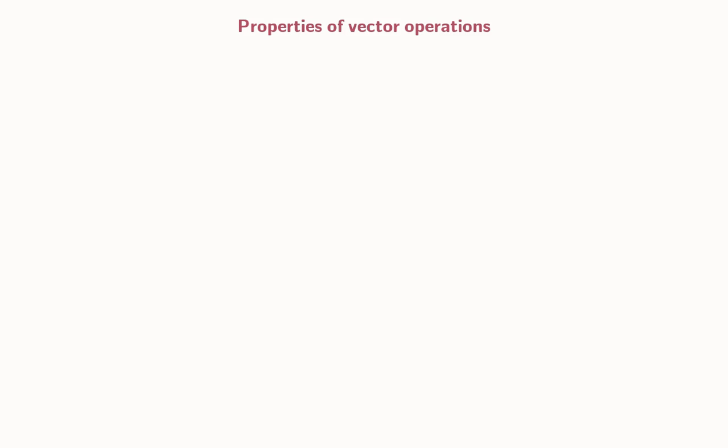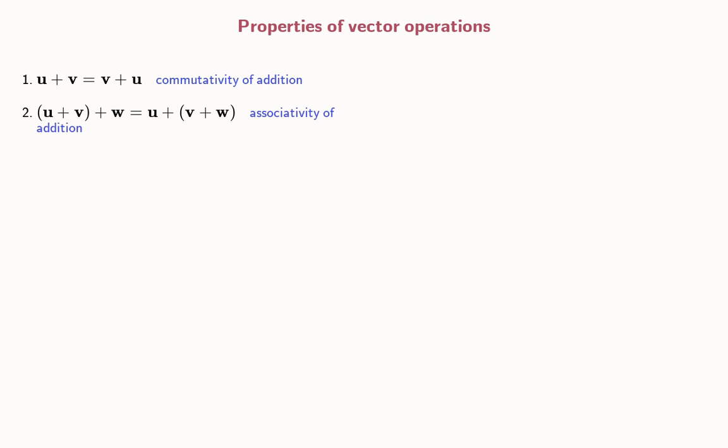These vector operations obey many of the same algebraic rules that their counterparts for ordinary numbers do. So first, if we add two vectors, we can do it in either order, and we'll get the same result, because it's just the diagonal of the parallelogram, no matter which side of the parallelogram you go around. And this property is called the commutativity of vector addition. Next, if I want to add three vectors, I might add u and v first, and then add w, or I could add v and w first, and then add it to u, and we'll get the same result no matter how we pair them up. So this is called the associative property of vector addition.